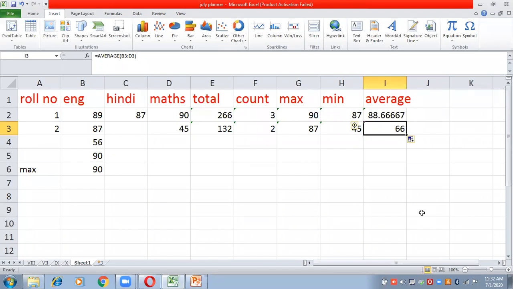It means you have to enter 5 students' records, roll number 1, 2, 3, 4, 5 and 5 different subjects, English, Hindi, Math, Science, SST or computer, any 5 subjects you can take. Then calculate total, count, maximum, minimum and average. Clear? This is your homework for today. Yes, you have to apply all the formulas: total, count, maximum, minimum and average.